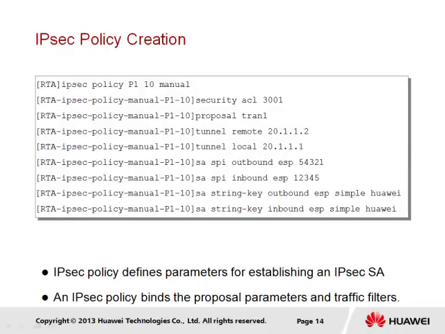used. The creation of the IPsec policy is required to define many of the parameters that establish the VPN connection, a policy we will name P1. In this instance, we are establishing the IPsec VPN connection manually, and therefore are able to view the various parameters that are involved in negotiation of a connection between 2 points. We will find that within the policy, we bind both the access list that defines the interesting traffic and also the proposal that we have just created to determine the transform set and relevant algorithms to be used to provide both encryption and authentication. The policy must also define the start and end points of the IPsec VPN connection, which